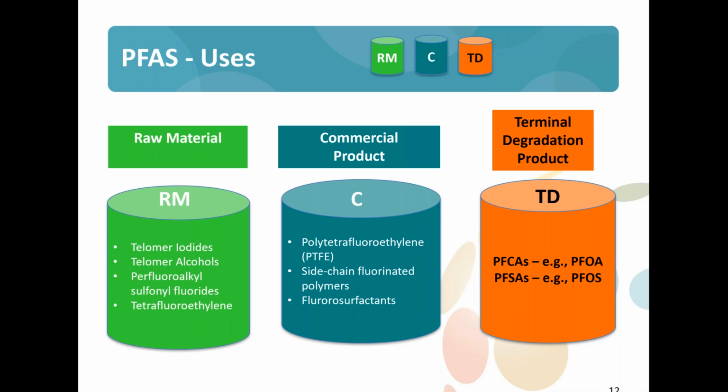We're also going to point out terminal degradation products, things that are sort of the end of the road when it comes to these kinds of PFAS substances, things that don't degrade, stay a long time in the environment. Two of them that we all know very well are PFOS and PFOA. So we're going to add in this additional layer of detail and description as we go forward to provide that clear, specific, and descriptive view to you of how these things go forward.